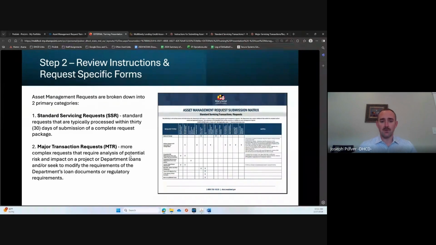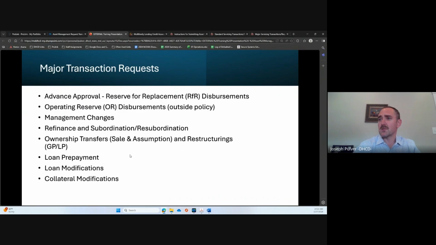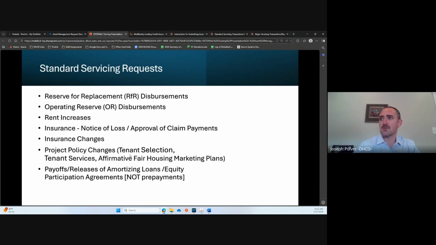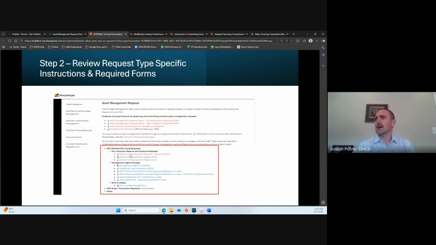So the goal is to have all of those documents prepared and ready for submission, submit them all at one time, and that would then initiate an internal review. Here's just a list of some of the standard servicing requests, as well as major transaction requests. Okay, so the specific type of request.